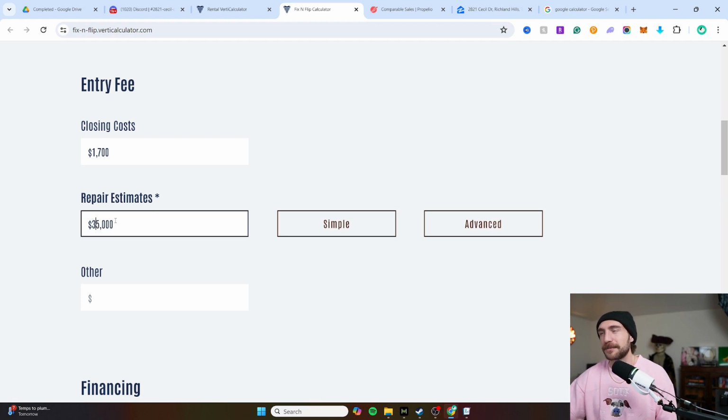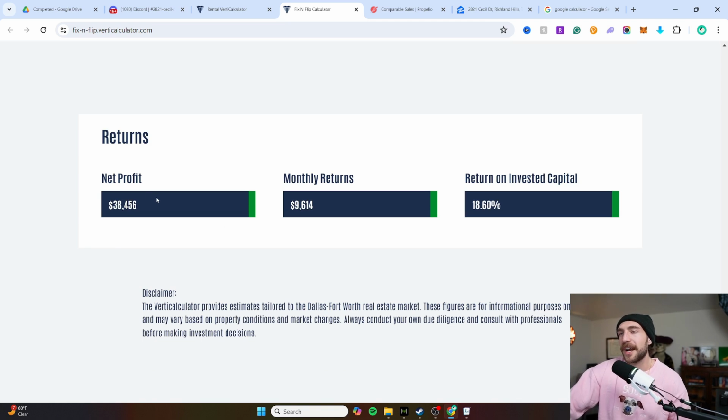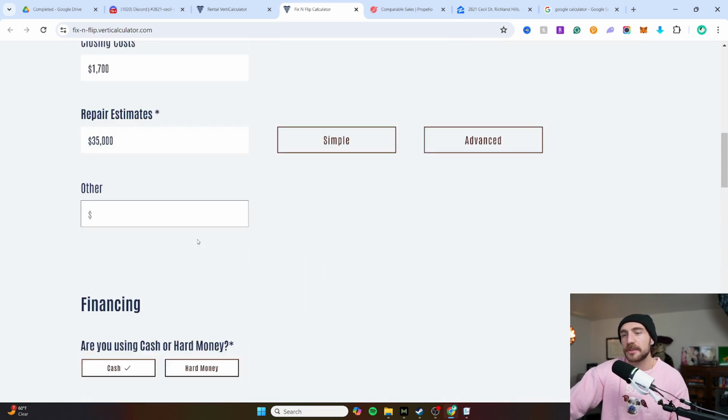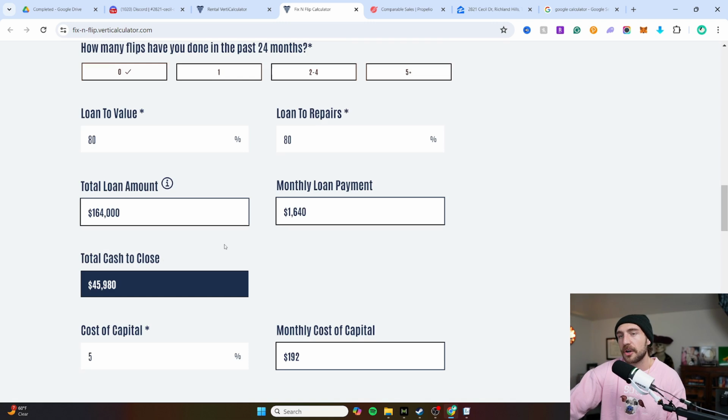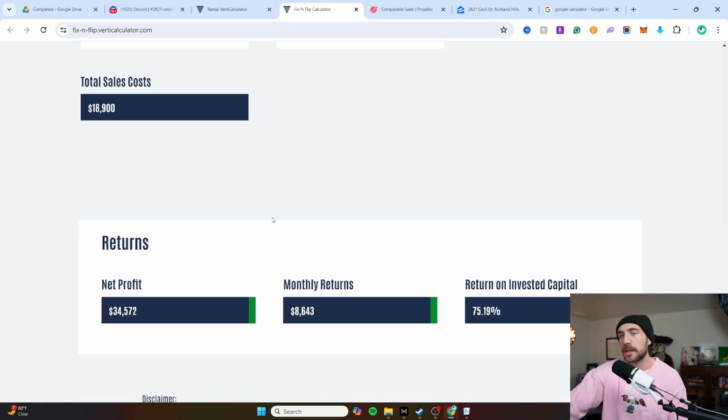And let's be frank, it's probably going to be more if they want full ARV. All right, now they're down to something more respectable. But that's still a great return, right? 40,000, 9,000. But they may use some hard money on this property. So let's say they use hard money on this house. I could easily see them walking away with these numbers.